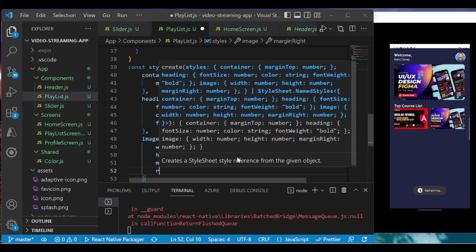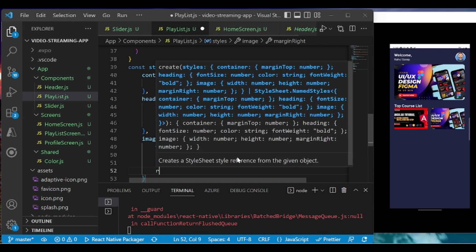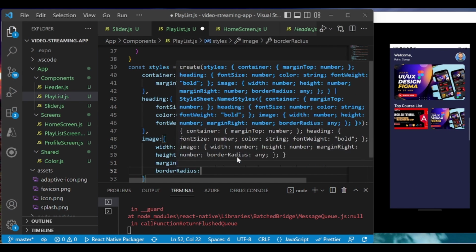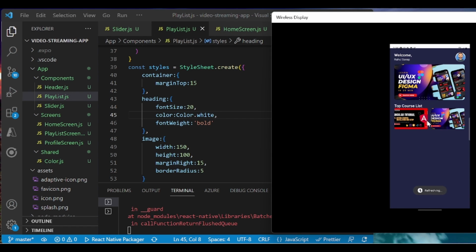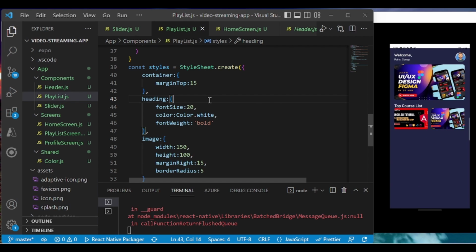Okay, and give the border radius to be like 10. 10 is much more. I will give 5. And now you see we got this beautiful course list section, but we are not done yet. We have to define